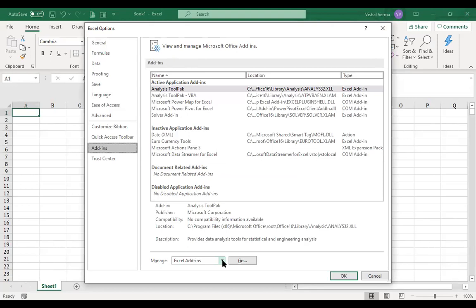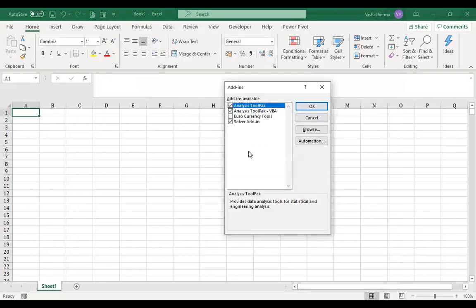You have a number of add-ins here, and what we require is the Excel add-ins. Once you select Excel add-ins and click OK, you will find three or four options, depending upon your version of Excel. All you need is the two of them, that is Analysis ToolPak and Solver Add-in.